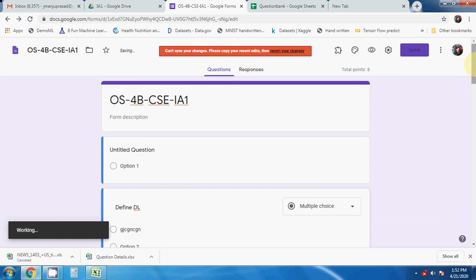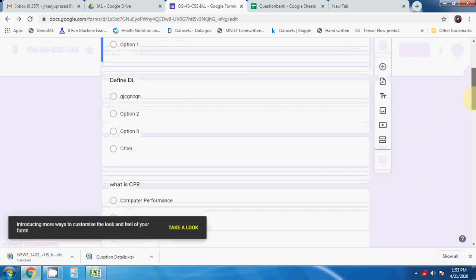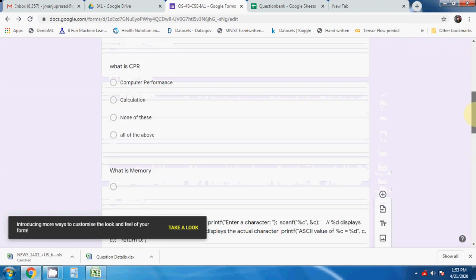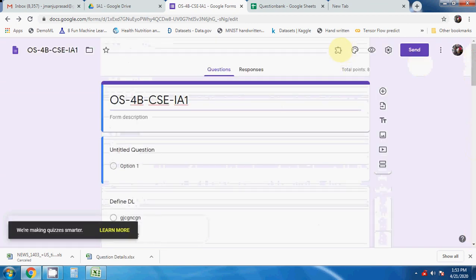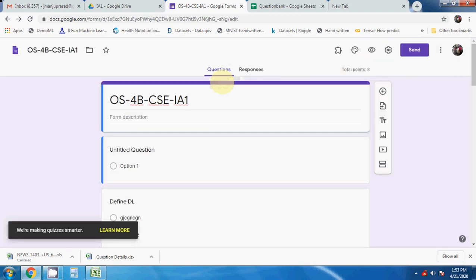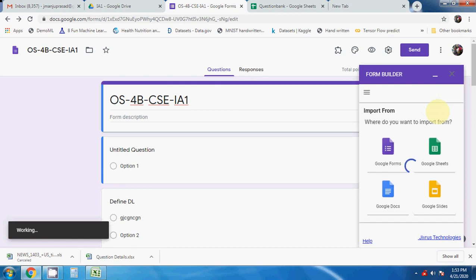Just a minute, I will be reloading, I lost internet connection. Okay, I had some data issues there. Here some options you can just delete. Now you can go for form builder, start. So form builder came again.